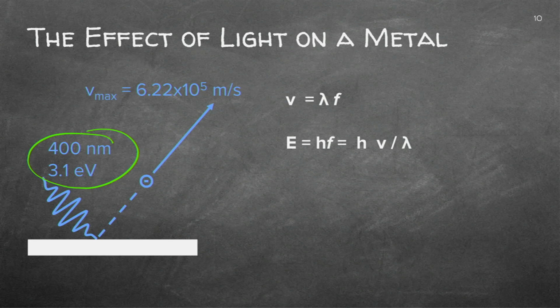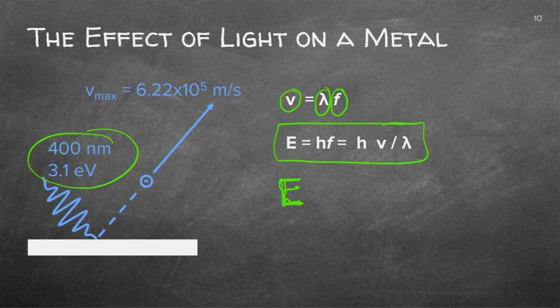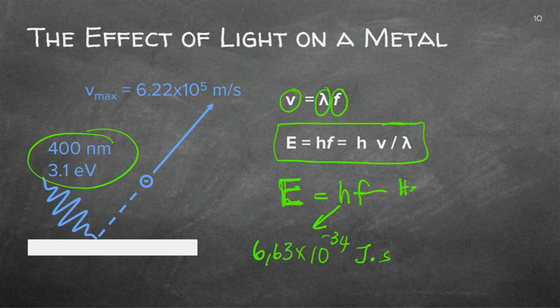We are going to use this equation now. Let's have a look at this equation. We know that the velocity or speed is equal to the wavelength times the frequency. We can get a new equation now which can calculate the energy of this light wave by measuring the frequency with Planck's constant. Now, Planck's constant is 6.63 times 10 to the minus 34, and it's joule seconds. And you know, I've got frequency, which is hertz, which is actually 1 per second.